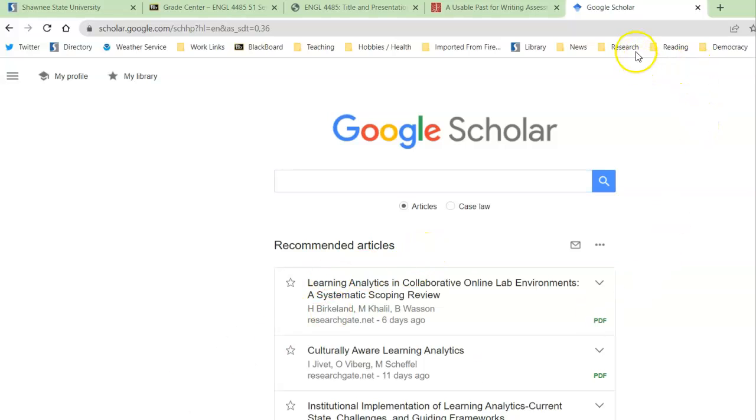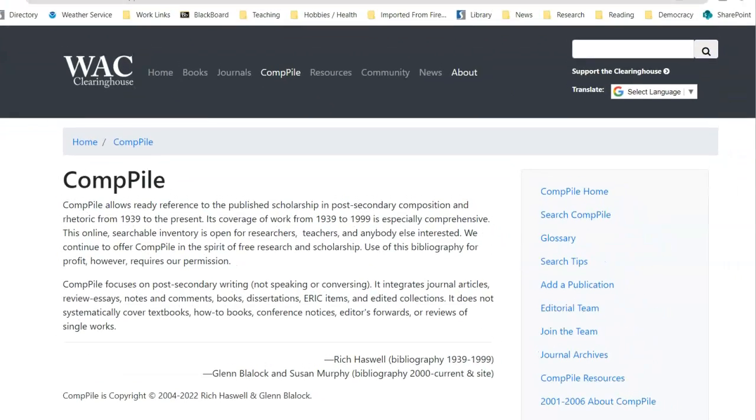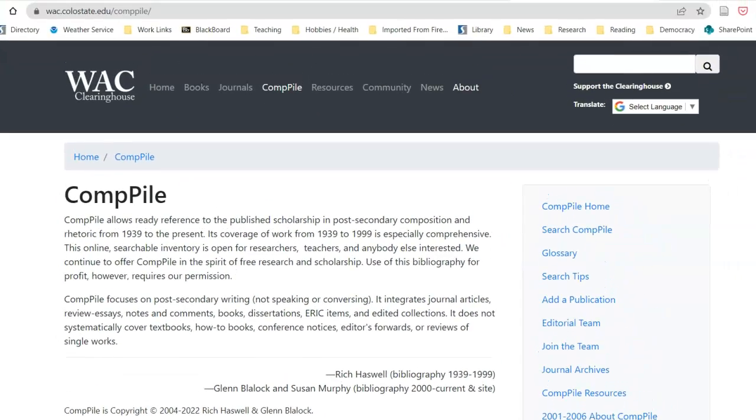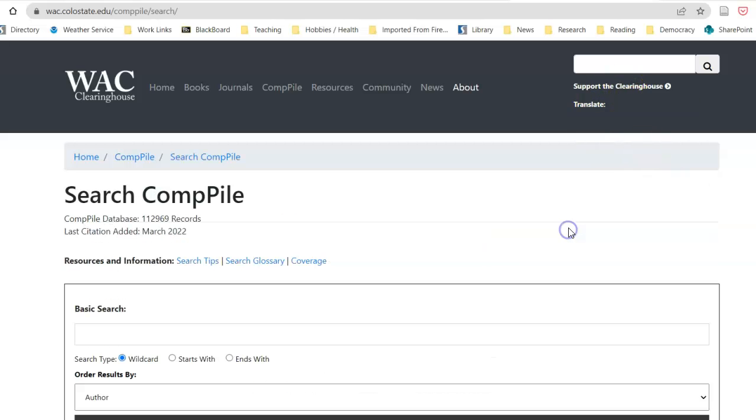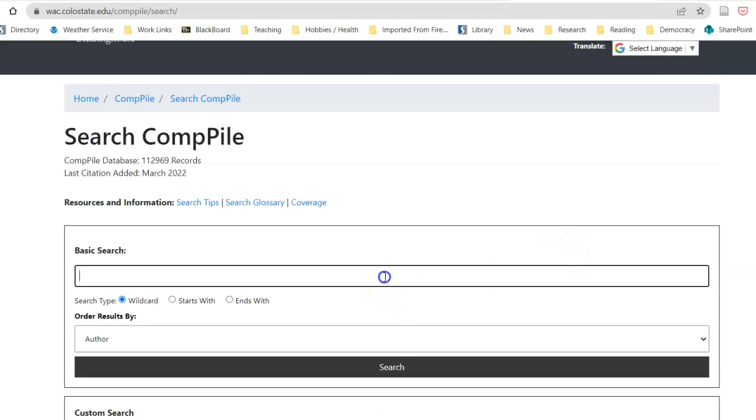Another tool that you can use in graduate studies in this discipline is something called CompPile. Let me show you that here right quick. CompPile. And it's produced by the Writing Across the Curriculum Clearinghouse, which I think is based out of the University of Colorado. Anyhow, CompPile, it is kind of a free-for-all for research. So it's kind of like if you